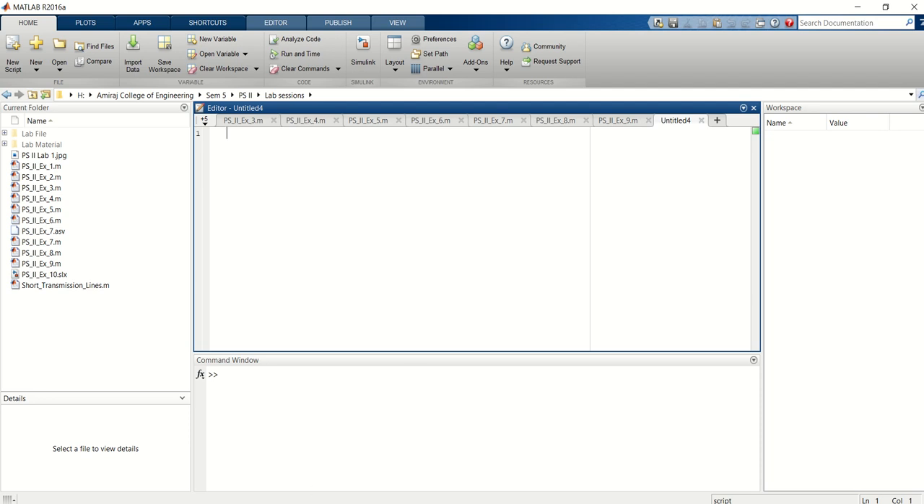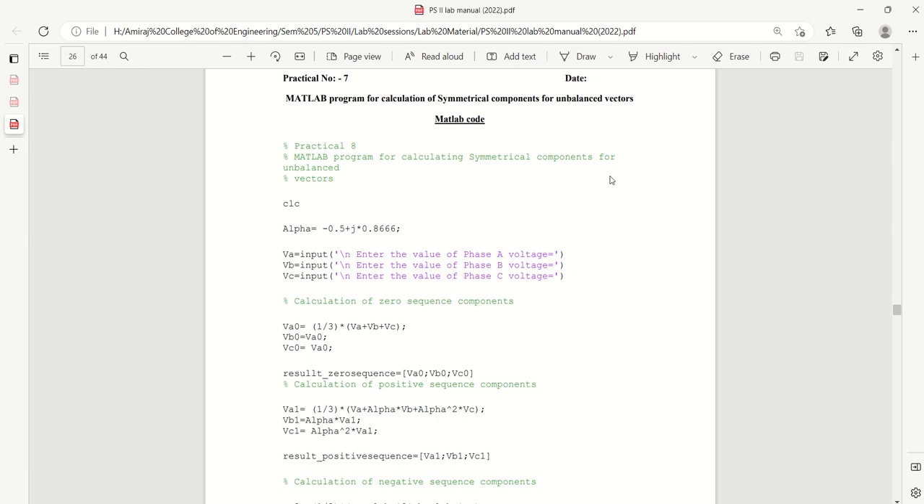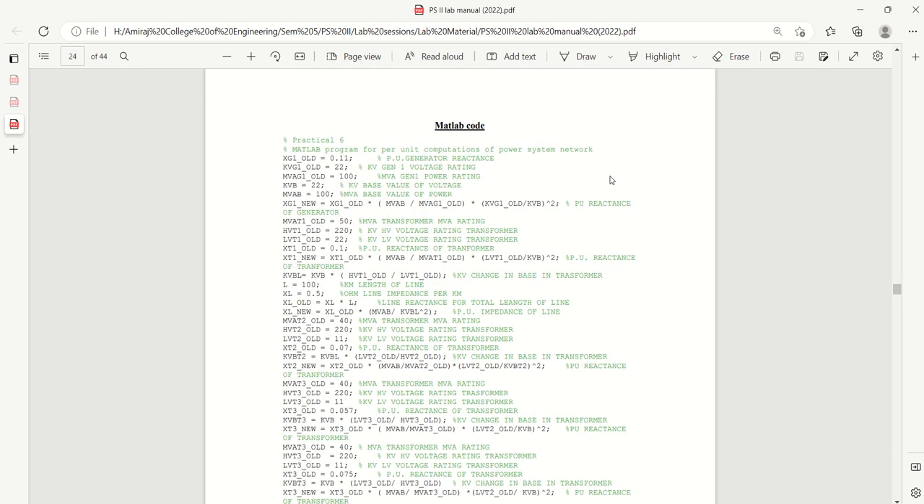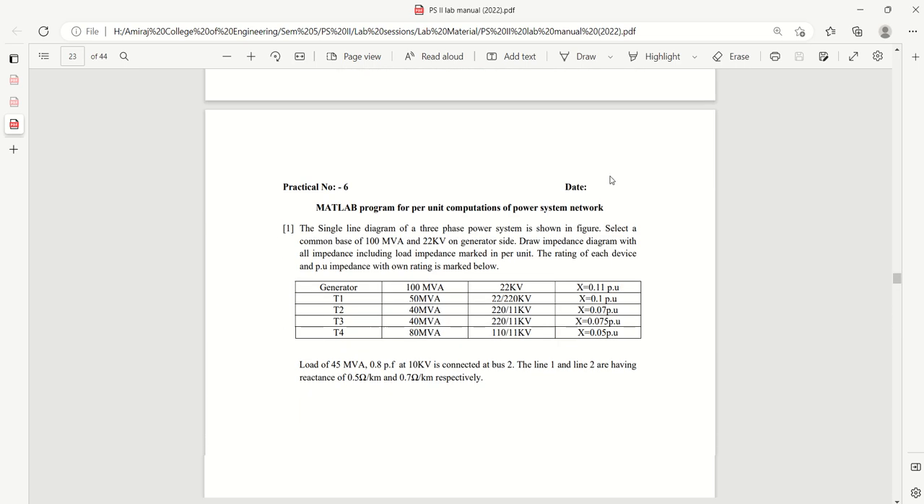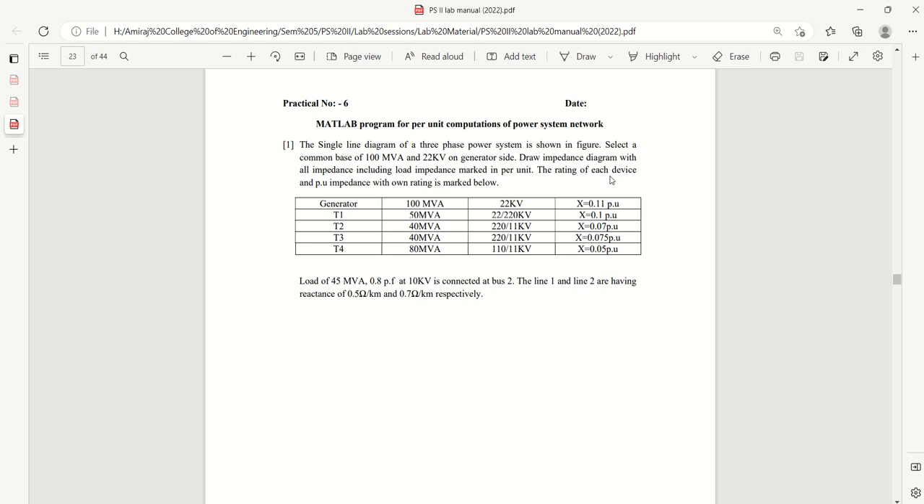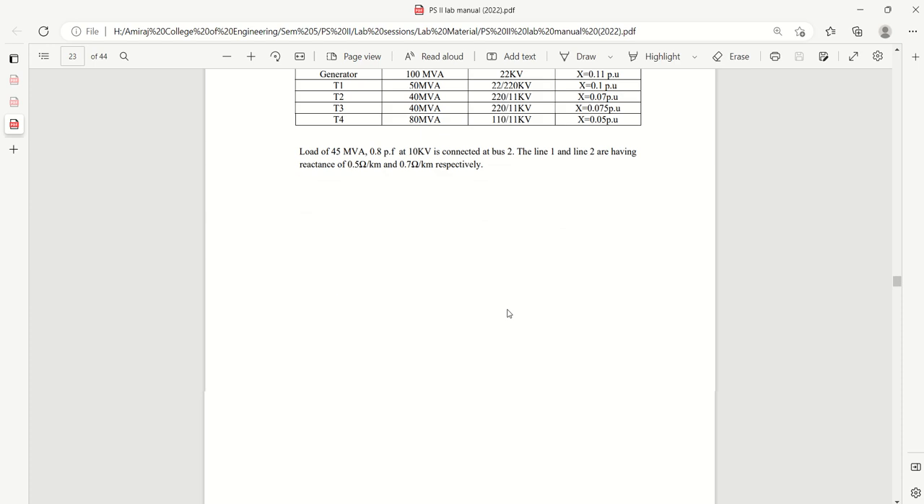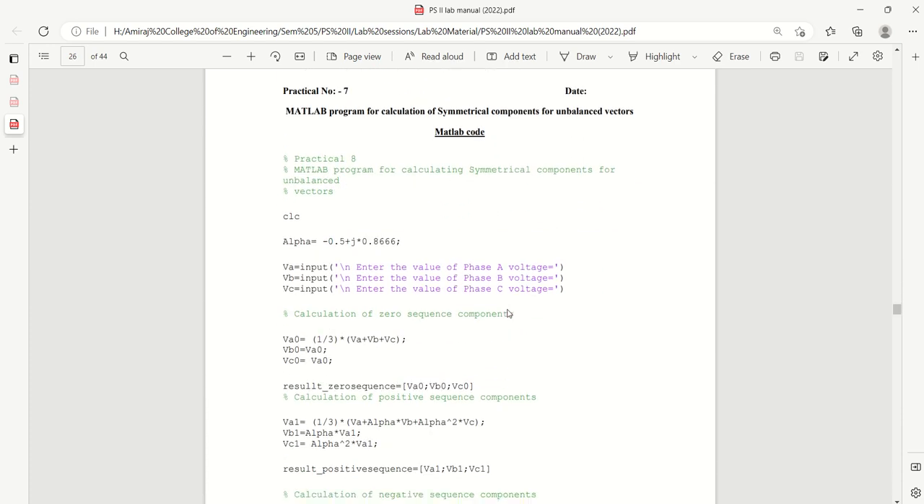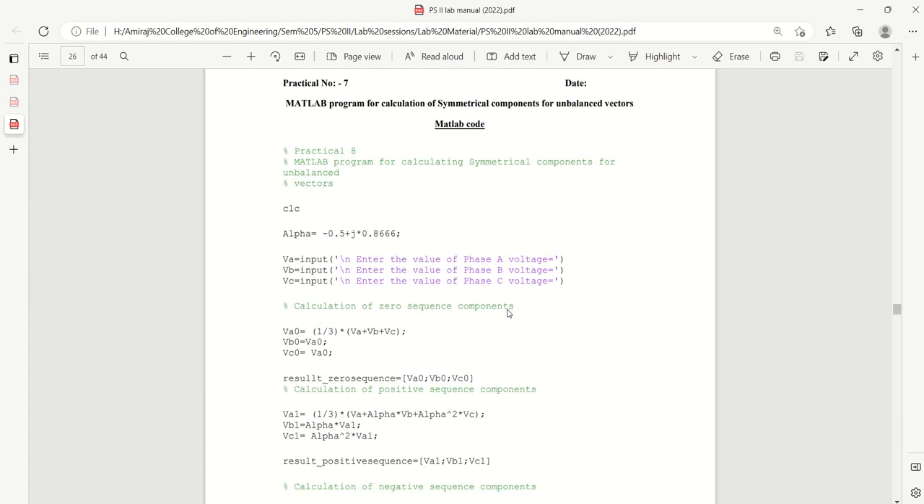So today we are going to discuss the practicals of it. The first six practicals we have discussed earlier in the previous lab session videos. These were the first six practicals. The last was the per unit system. So we have covered all till then in the previous section, and today we are going to focus on the last remaining three practicals, 7, 8, and 9,